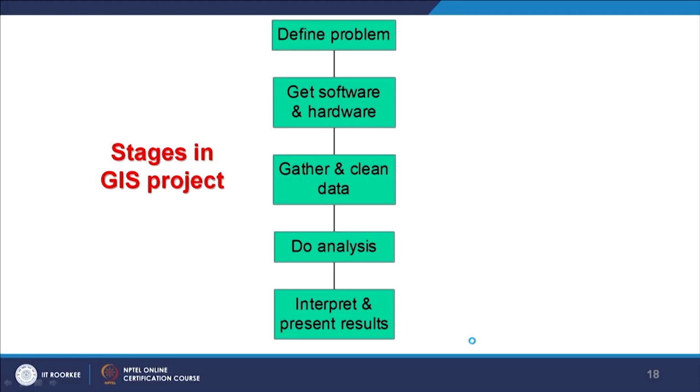If I go for a GIS project, then there are different stages. First, we have to define the problem: for what purpose and what is our aim in using GIS. Then you need of course GIS software and hardware, and then you get the data. Always try to acquire data that is as organized and as clean as possible. Clean data means the data does not have errors. Then analysis is performed on the GIS platform, and finally results are created through interpretation of the analysis.